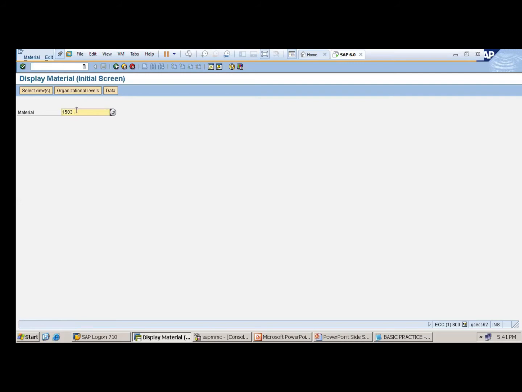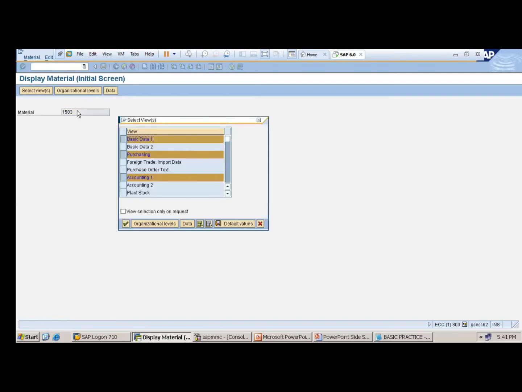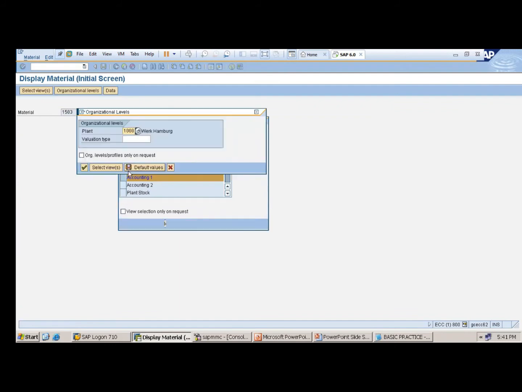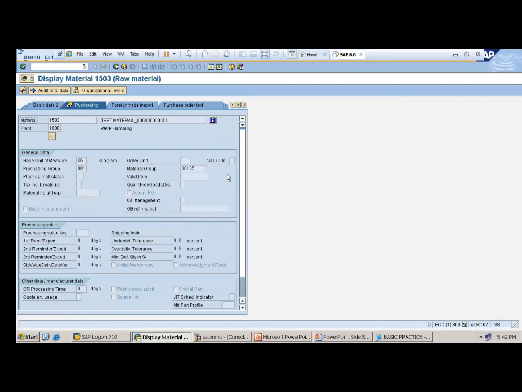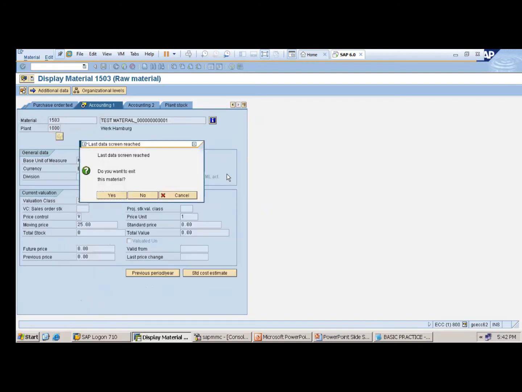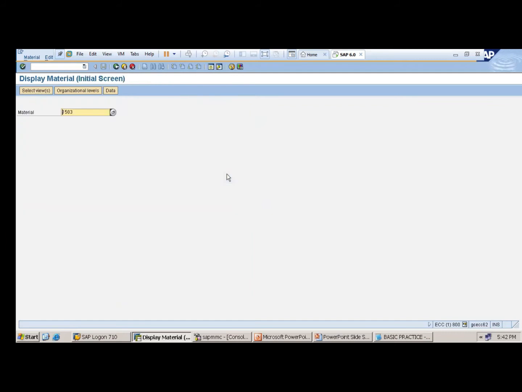Material 1503. Enter. These are all the views. Enter. For which plant? 1000. Enter. See, the changes we made are displayed here. It's not possible to edit anything here. We can just view. This is MM03.